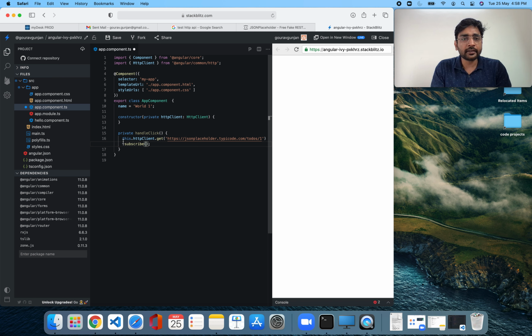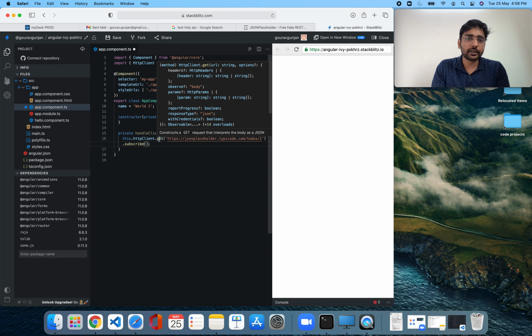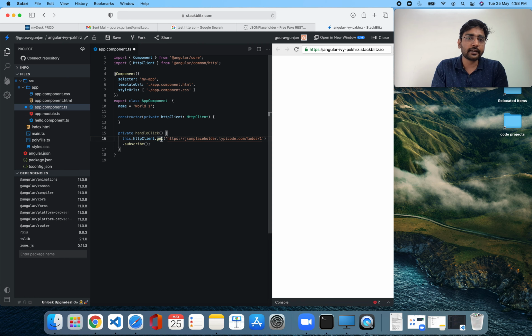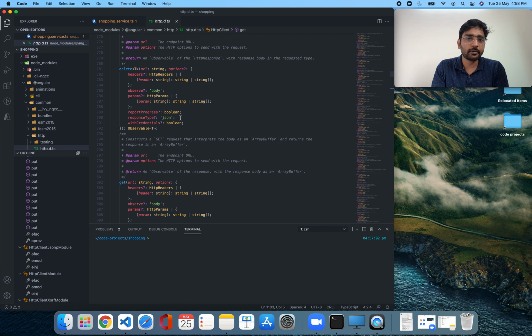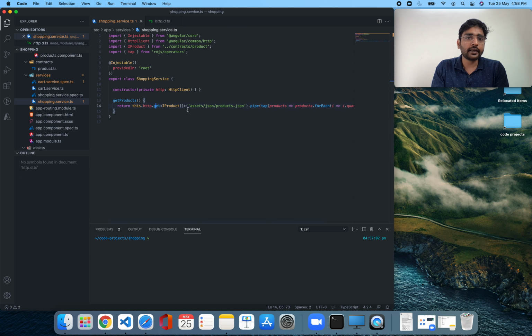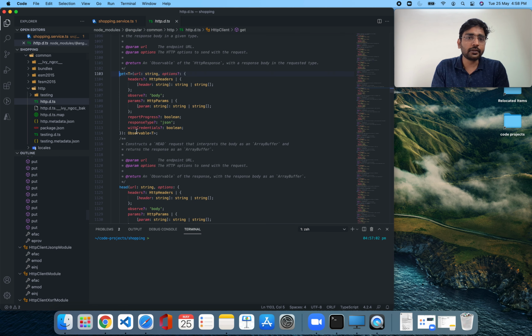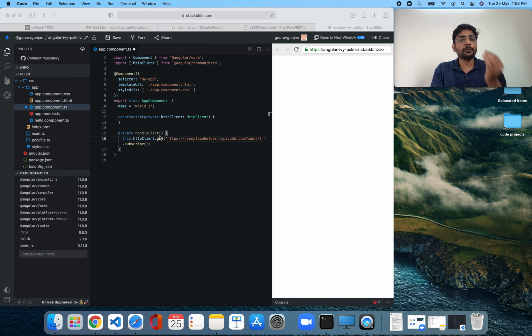After you have done this complete get call, Angular returns an observable out of it. If you go and click on get, again, sorry about that, if you go ahead and click on get, what you will see is it returns an observable, right? So this get call will return an observable, and that's what we are subscribing to on this next line.